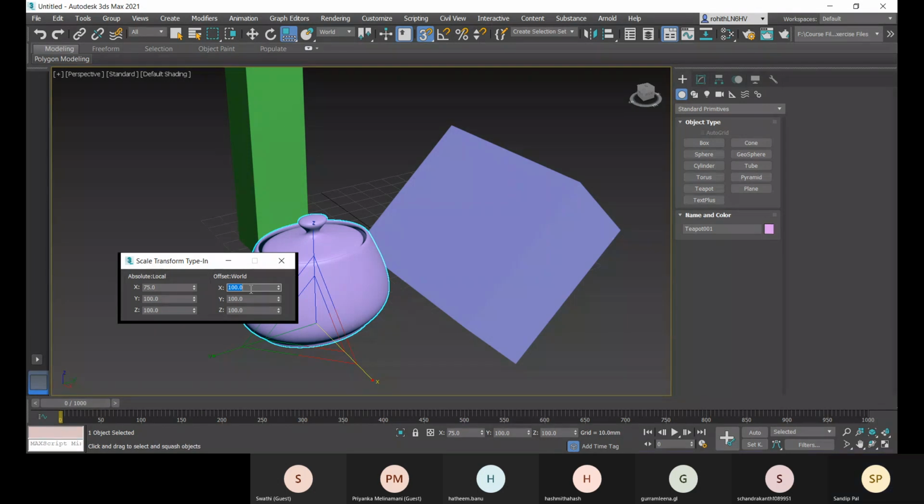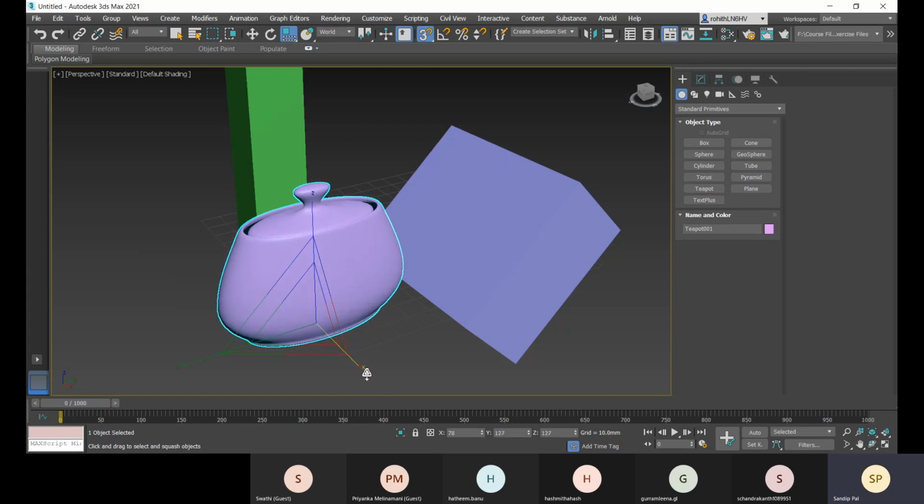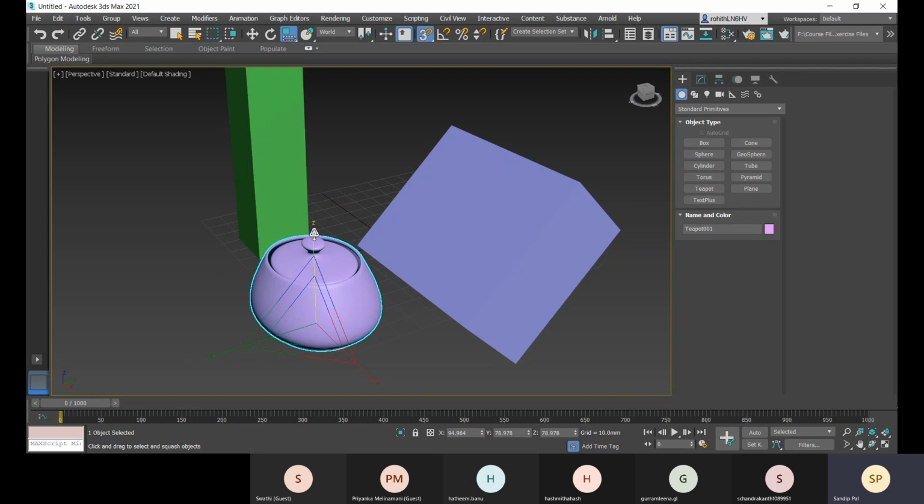So you see that we applied 150 into 50, and that is 75, the total percentage from the original value, that is 75%. Now let me show you how it can be applied in the other directions. Let me get back 100 here, 100 and 100.